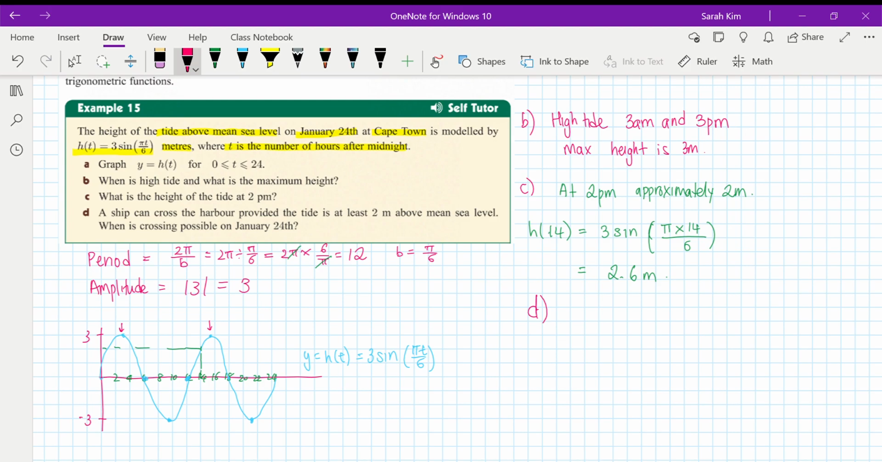When is crossing possible on January 25th? So it has to be at least 2 meters. So why don't we find all the answers when our h of t equals 2 meters. So that must be 3 sine pi t over 6. Because we have a calculator, we should be able to graph these two functions. So y equals 2, and y equals 3 sine pi t over 6,